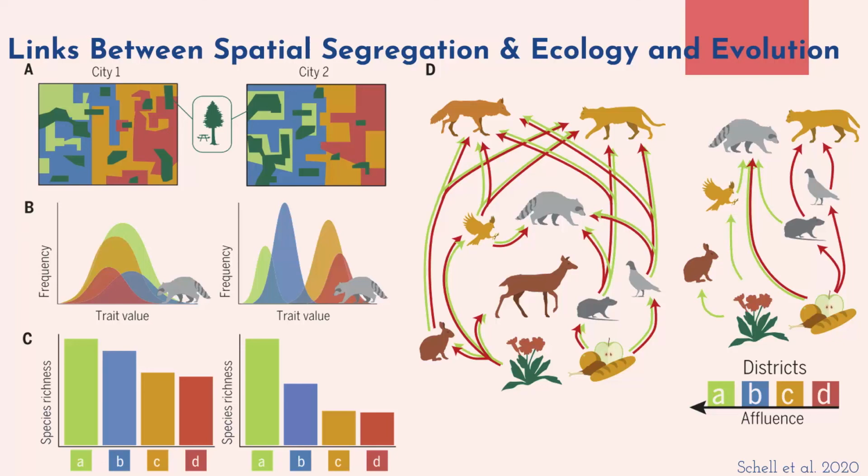This figure is from our reading led by Dr. Schall, and it shows two hypothetical cities. In City 1 on the left, the green spaces are evenly distributed throughout and continuous from green to redline districts, compared to City 2 on the right, where green spaces are heavily skewed toward wealthier neighborhoods, as is the reality in many cities today. Because of these different spatial patterns, connectivity varies dramatically between the two cities,